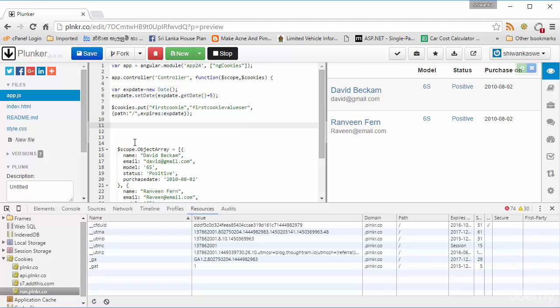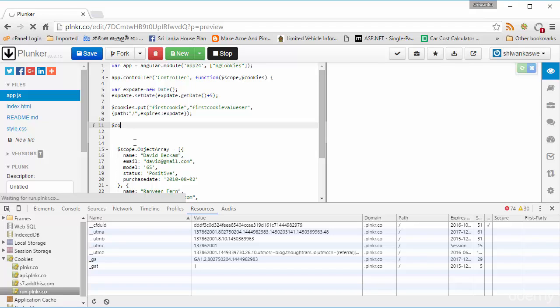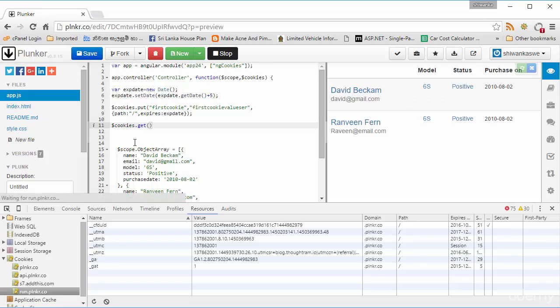Angular has a predefined function for that. I'll use that: $cookies.get. In the get function, the first thing I need to give is which cookie I need to retrieve. That's the cookie name. I'm going to retrieve the first cookie here,